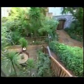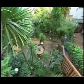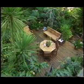Well, this is Randy's yard as it was when he moved into his house. Overgrown and obviously in need of some landscaping. Randy has put in a lot of work in this small urban setting, and it shows. Randy says he likes to entertain, and installing a low voltage system will allow him to use the patio area